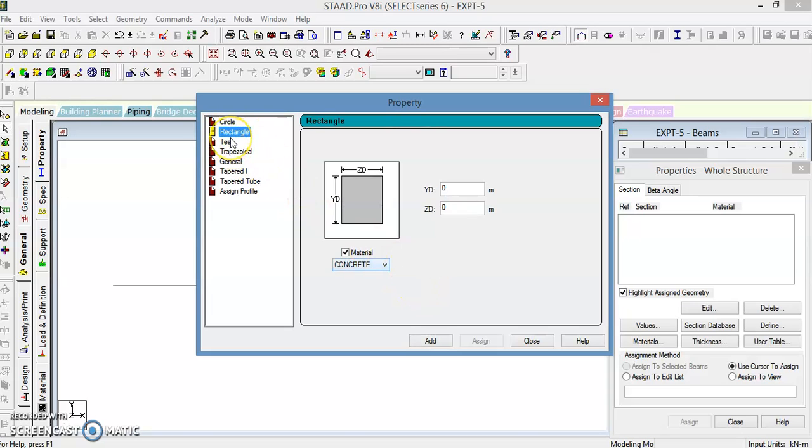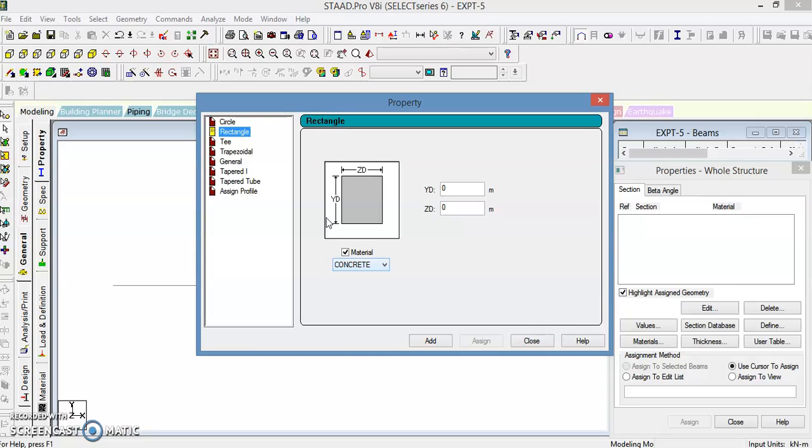Once you click on Rectangle, enter the values of YD and ZD. ZD is B and YD is D. ZD is given as 0.23 and YD is given as 0.3 meter.